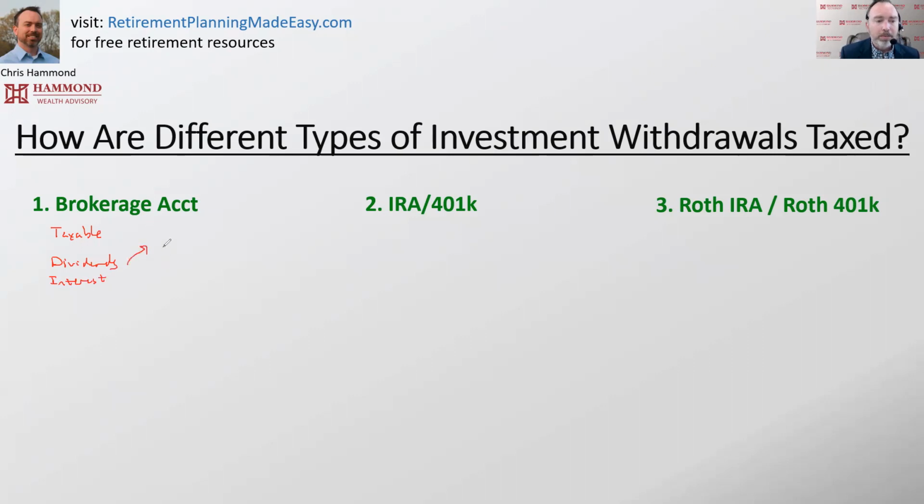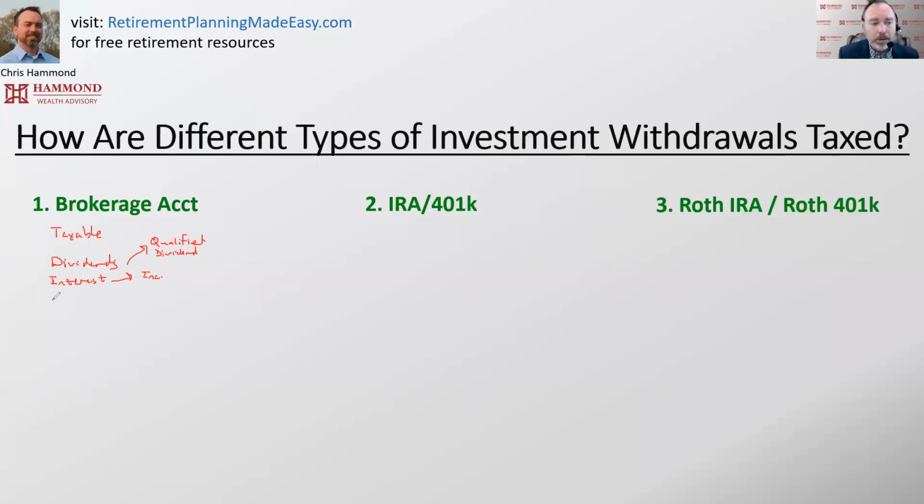Dividends can be taxed as ordinary income if they're just an ordinary dividend, or if it's a qualified dividend, it gets more preferential treatment at the capital gains tax rate, which is a lower, more preferable tax rate to pay for those as well. Interest is going to be taxed as regular income. You're going to pay income tax on that as well, unless you're looking at some things that might have, like municipal bonds or something like that, that might be tax-free at the federal level.